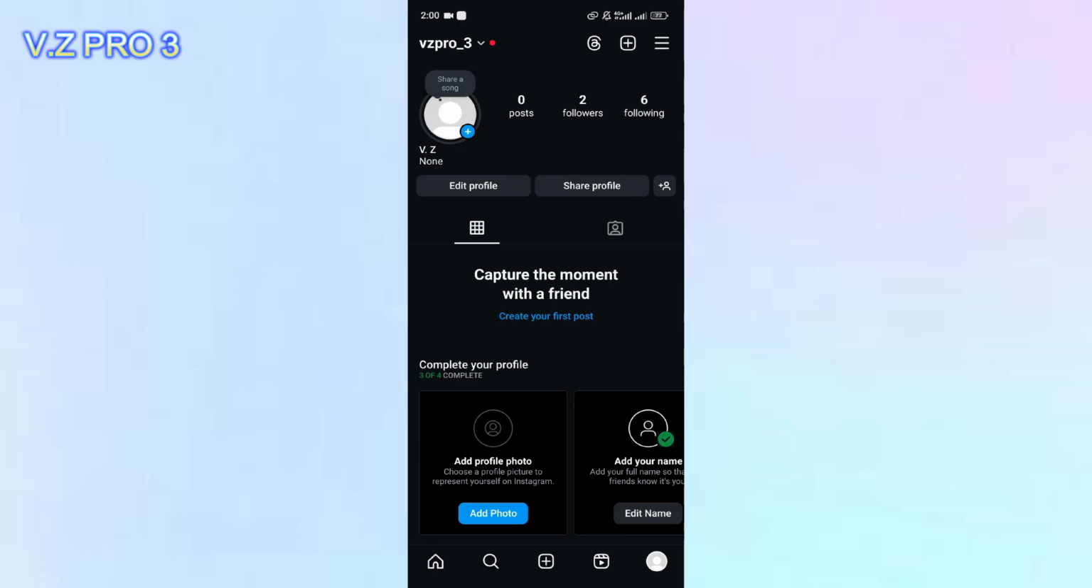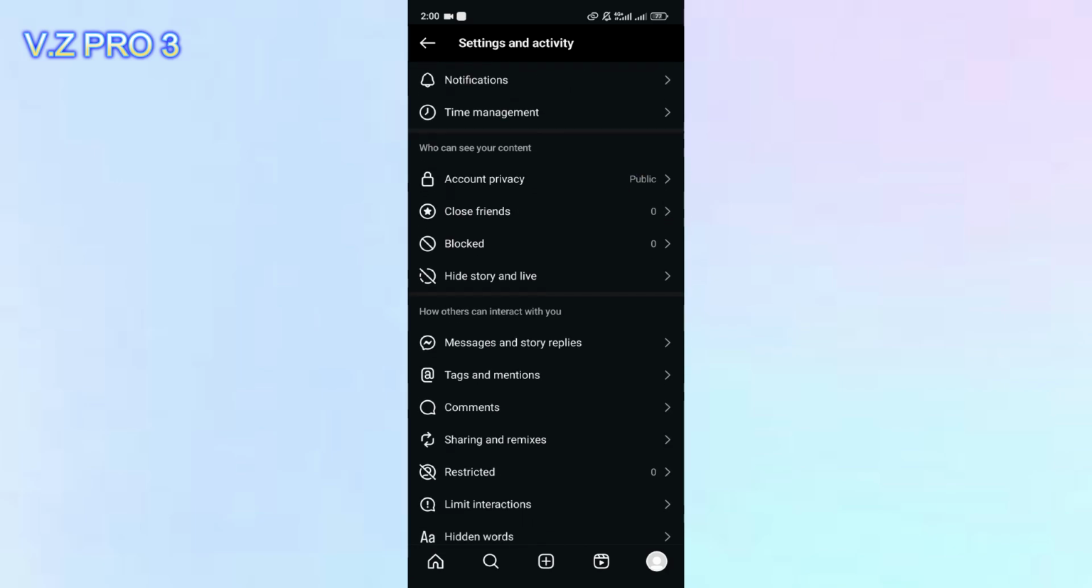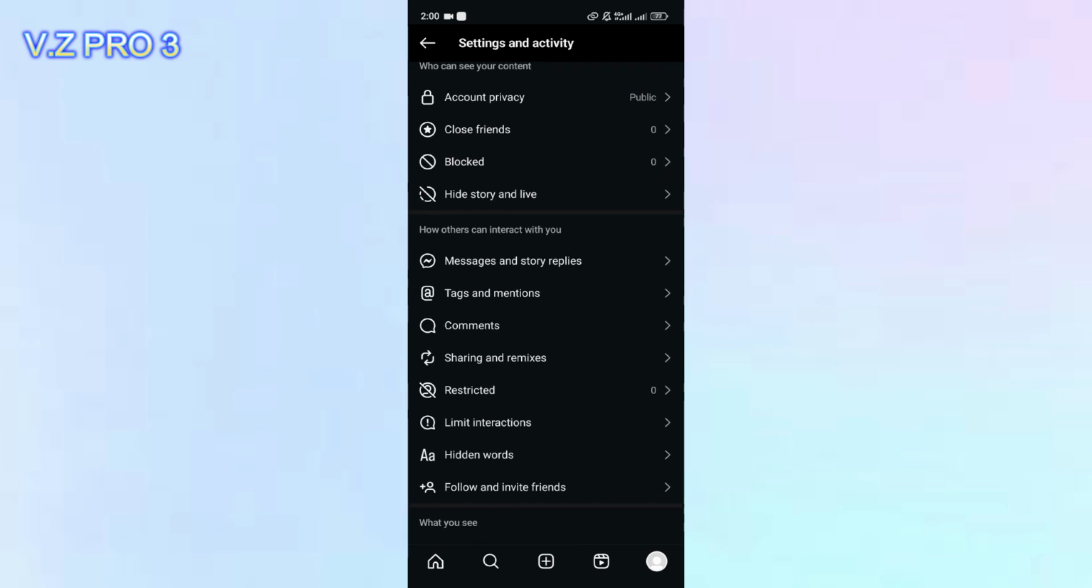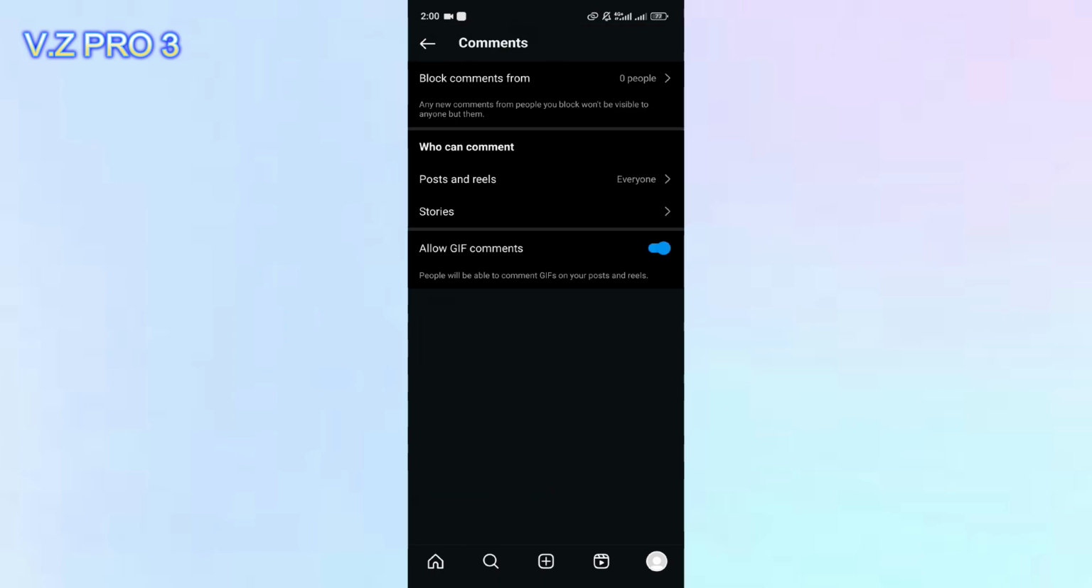You can tap on the upper right corner, the three lines over here. You can scroll down. You'll find, in the How others can interact with you section, there is an option, Comments. You can tap on that, and for who can comment on stories, you can tap on Stories. By default, it's set to people you follow